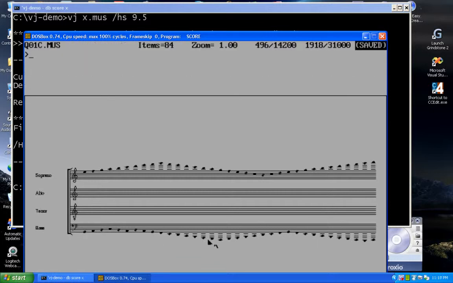But do I know whether or not this is going to conflict with the notation that's on the violin part? Currently, I have no way of knowing. So the way that this is solved is